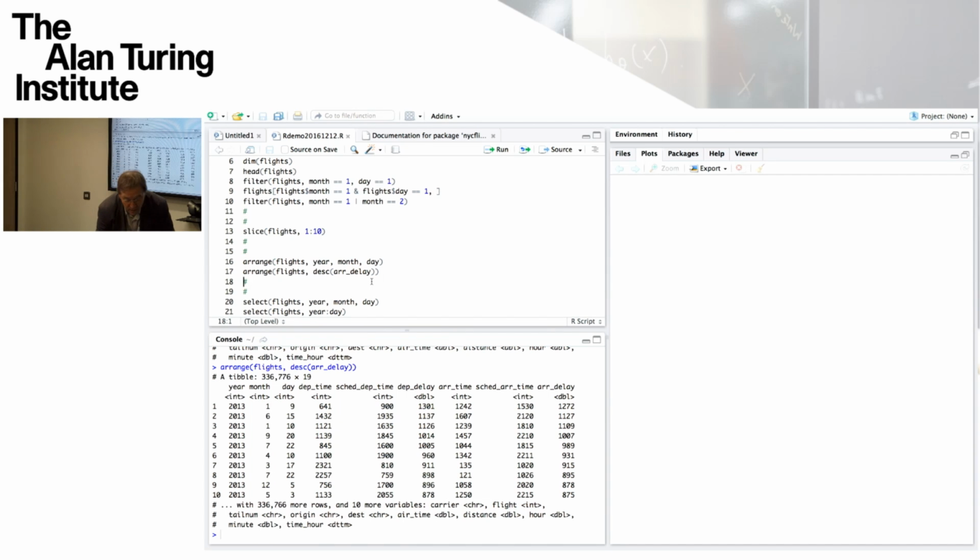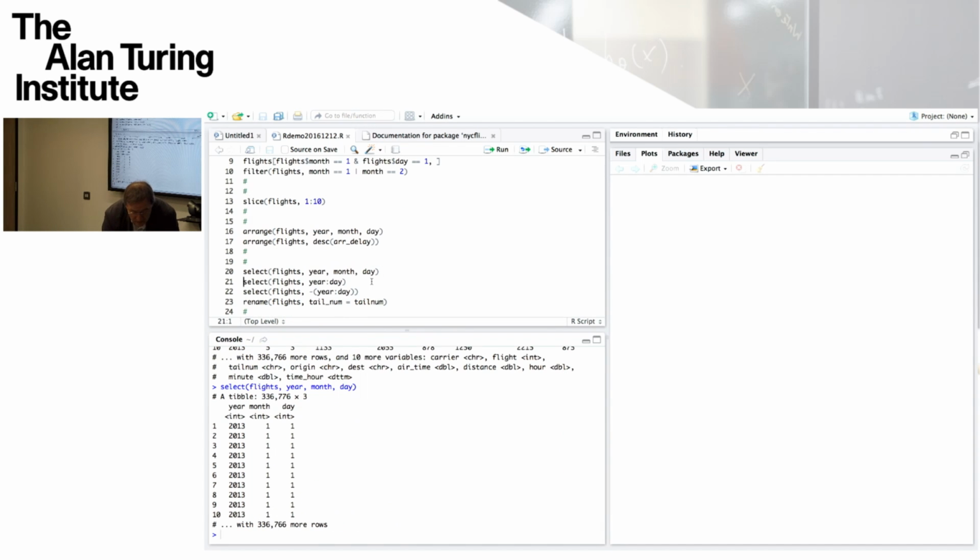Okay, and the next one is this select. So select, if you recall, will select one or more columns, that's to say one or more variables, and give you the selected columns only in the output.